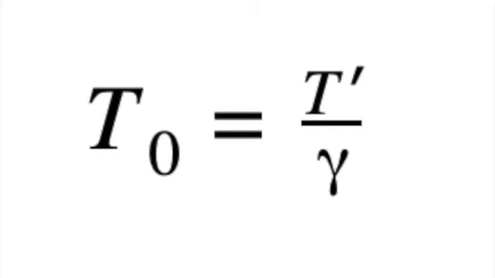The equation is T naught equals T, big T, over gamma. This comes from plugging into the Lorentz equation using the difference in time rather than just t. It solves out and you just get this big T, which is the difference in time, over gamma equals T naught. And T naught you can solve for using your rest clock, whatever clock or observer is at rest is T naught. And so because T is divided by gamma,